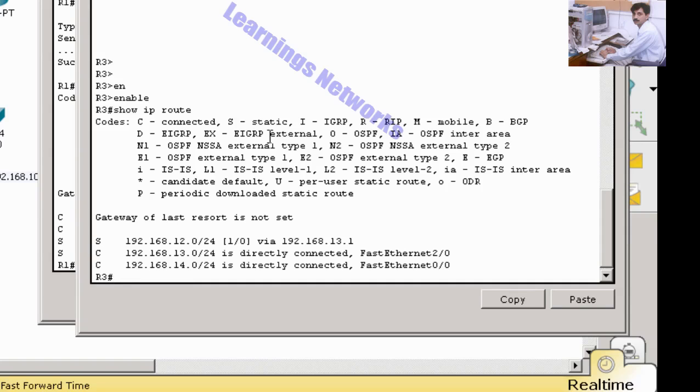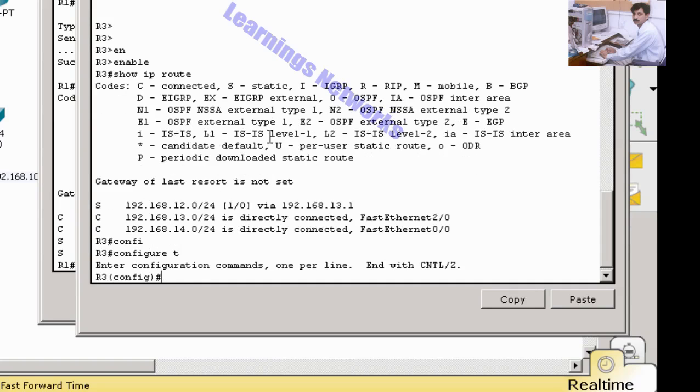No. So we update the routing table of R3: ip route 192.168.10.0 255.255.255.0 next hop 192.168.13.1.